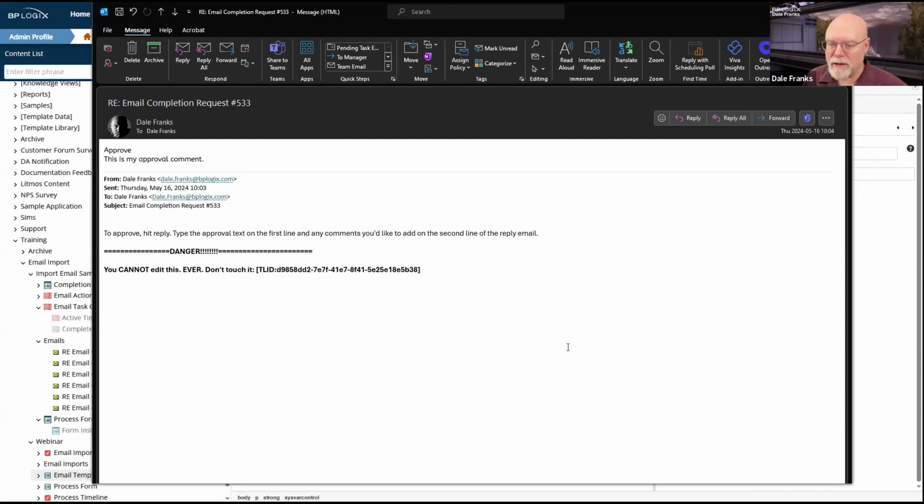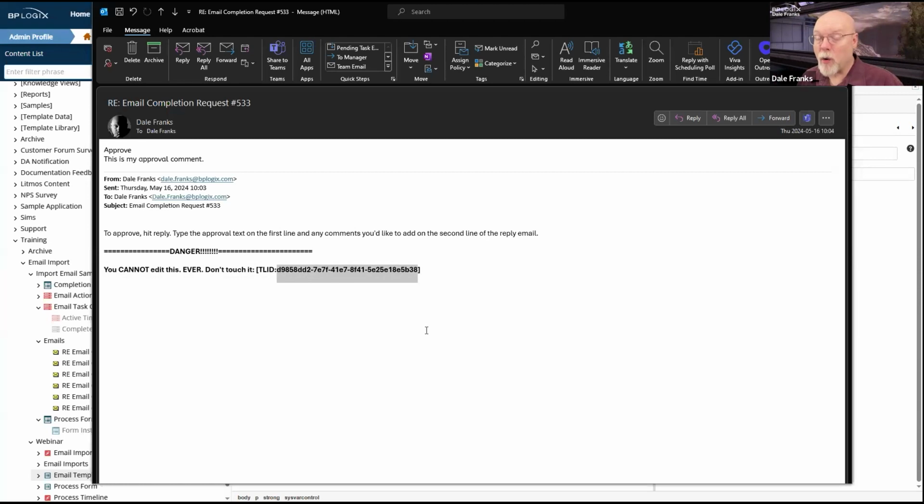That's all email is. So what Process Director has to do is parse this email message. It actually has to do a text comparison, and it has to look for a square bracket followed by TLID followed by a colon. And then it knows that all of the text that appears from that colon all the way until it sees another square bracket says, aha, that is the GUID I need to identify my timeline activity instance.